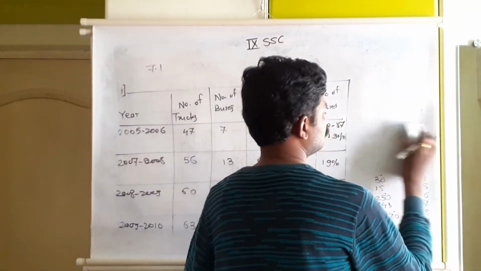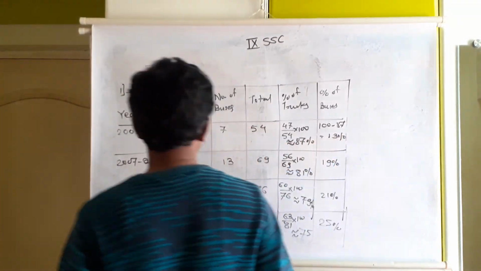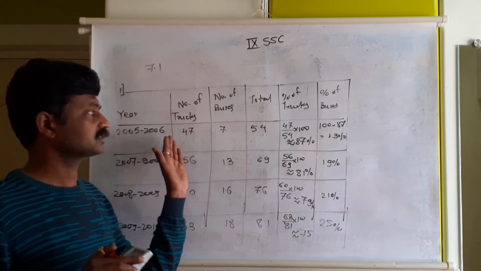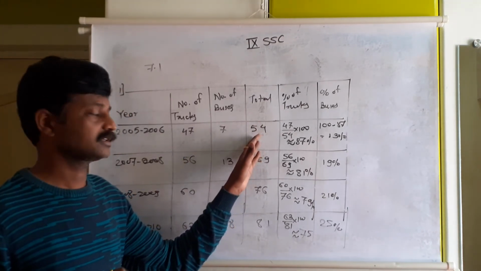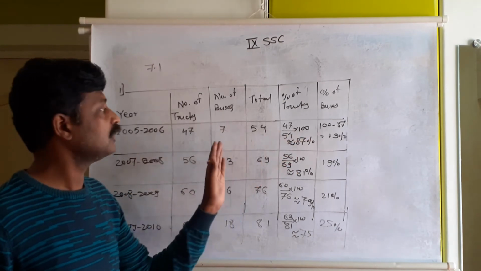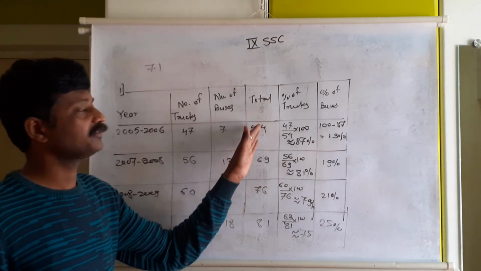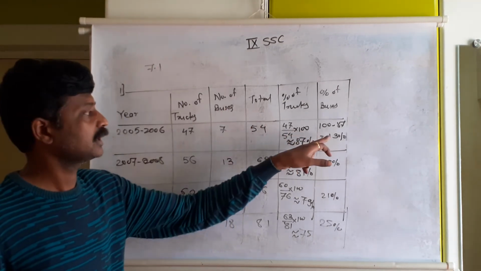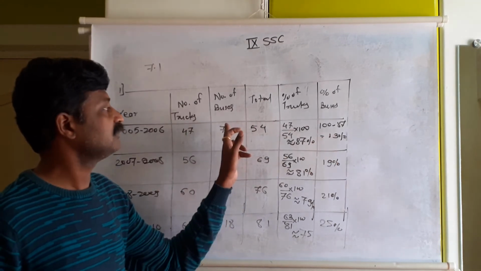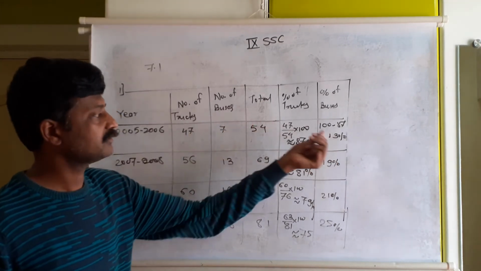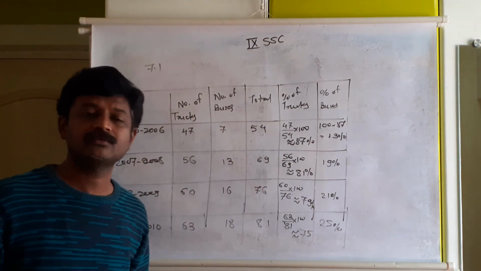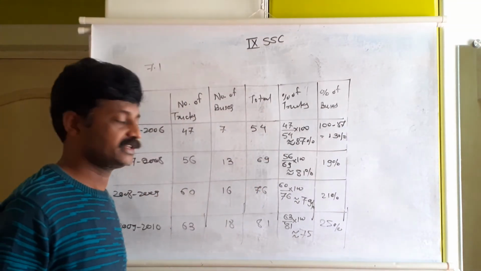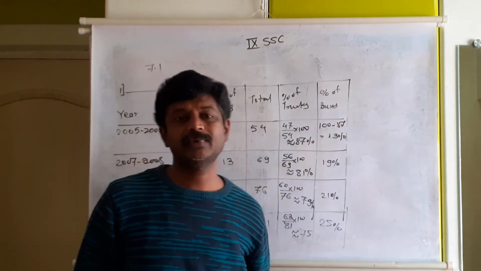So first we need to total the given information. 47 trucks out of 54 vehicles, buses and trucks, then out of 100 how much? Or 7 buses out of 54, then out of 100 how much? How will it be calculated? 7 upon 54 into 100 will give this calculation, 100 minus that calculation will give the next, and we have to find it equal to the nearest integer because it is on the graph paper.